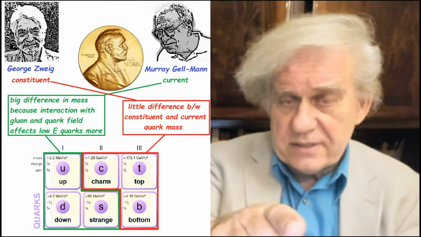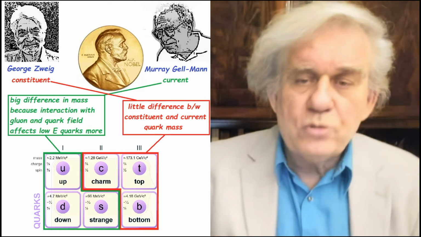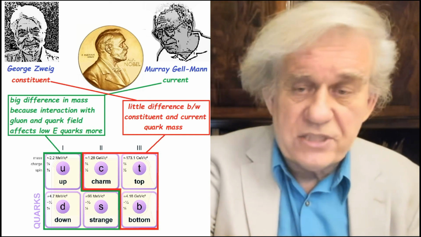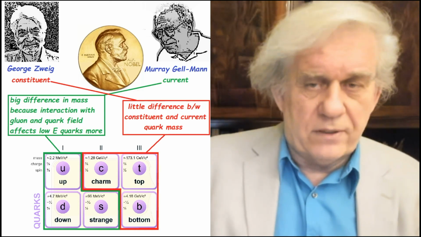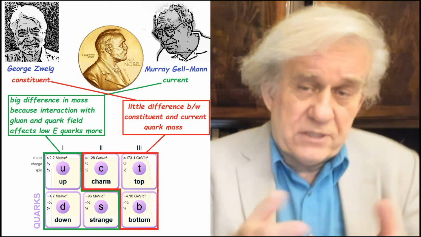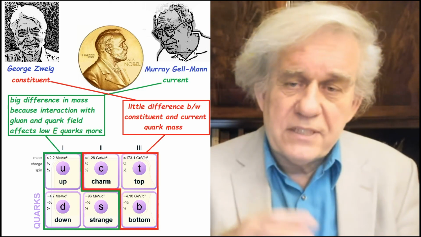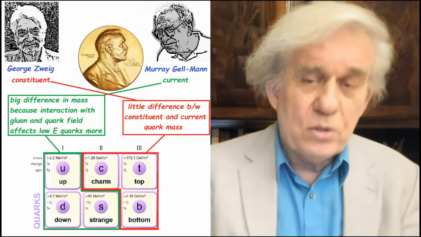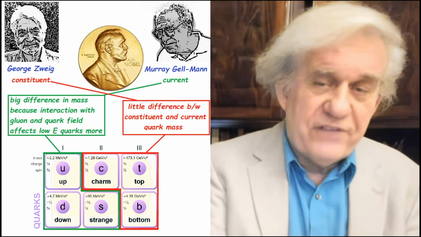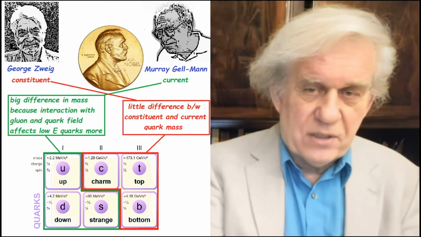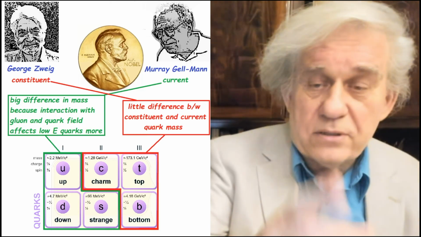And the difference is that if you look at those three quarks, the charm, the top, and the bottom, those are heavy. You look at the energies, you'll see they're all in the giga electron volt range, billion electron volts. So there is no difference because these are heavy quarks. There's no difference in their interactions. Why? Because the gluon field does not affect them as much as it affects the light quarks, such as the up, the down, and the strange. Okay, and so those are known as constituent